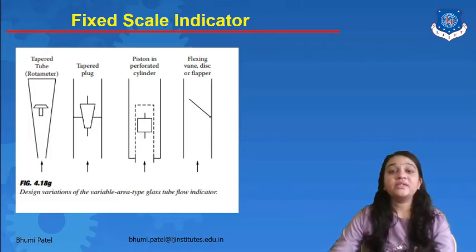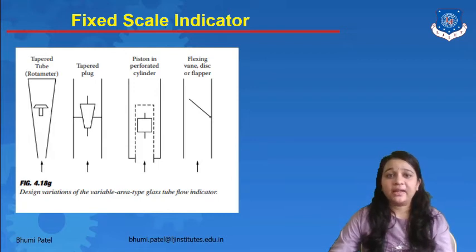Okay. Now the next one is the multiple scale indicator. Fixed scale indicator: a liquid column moving in a transparent, usually cylindrical tube with a stationary scale on the tube forms the simplest fixed scale indicator. An example of the fixed scale indicator is liquid in glass, the thermometer. That time we can use a fixed scale indicator. Generally we can use a pointer in this, and the color of the fixed scale indicator contrasts with the background, and it generally uses a transparent plastic material.